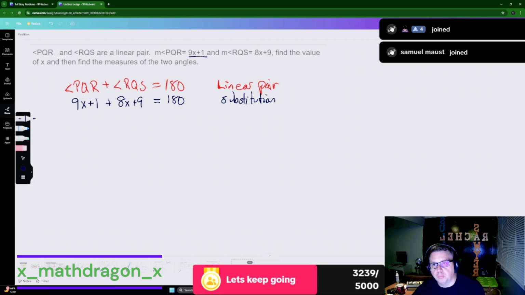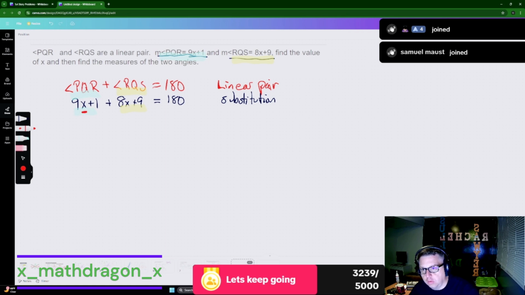Well, how could I do it? Because it's given. You could write this above it and say given. But I really need my students to see the correlation of PQR and 9x plus 1 and RQS and 8x plus 9. So I want them to see that. So I want it to be directly right on top of each other. Okay. Now, once I have that,